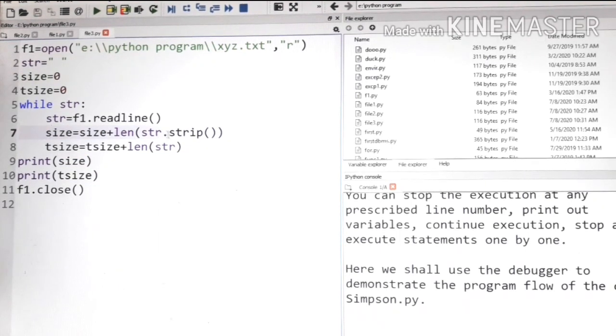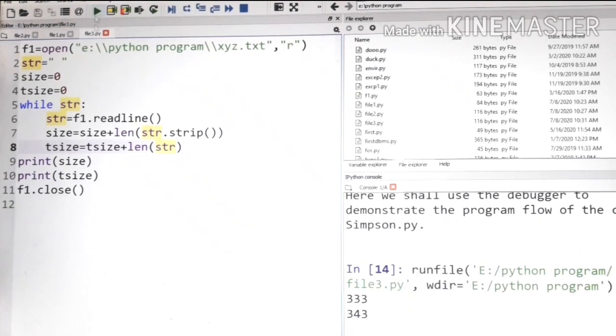Now there is a function strip. That is a very important function. Strip ignores all the blank characters, all the delimiters. Okay. Now again, here is total size, that is tsize, with len. When we execute this, the length function without strip calculates all the characters including delimiters and blanks.